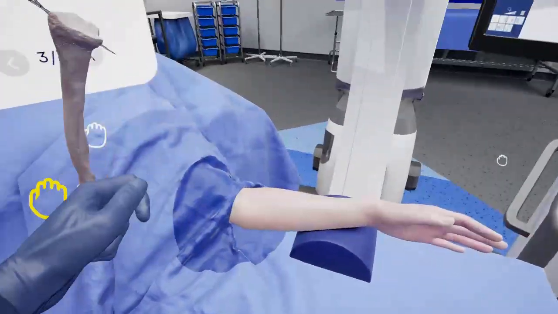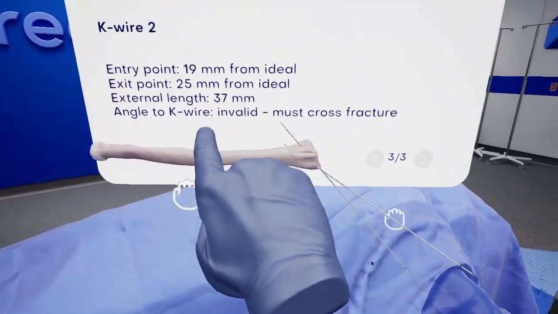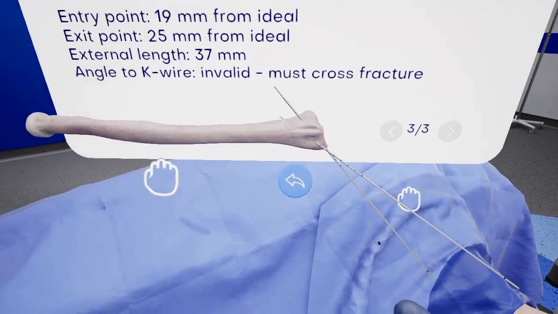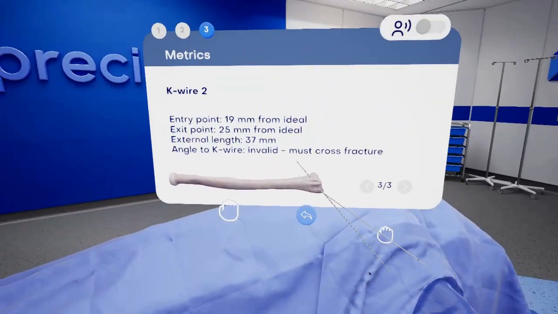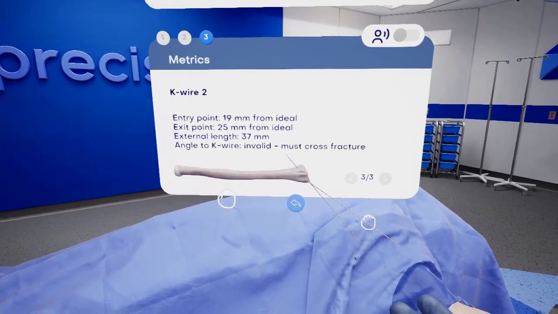If I pull this out, you can see this for yourself. I didn't cross the fracture here, and it's telling me as such. I can learn from this and do better next time. Building upon skills by repeat performance and deliberate practice helps me as a learner to better build my set of